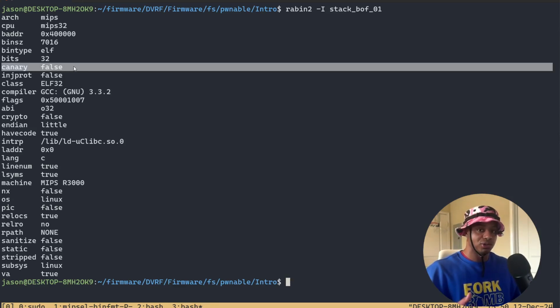If you're not familiar with what those are, it's a special value placed after a buffer, but before the return address, or before the program counter. And it's basically a checksum. So it detects